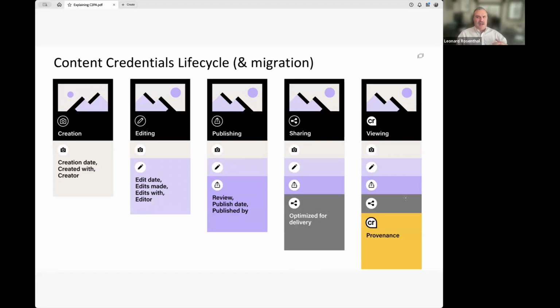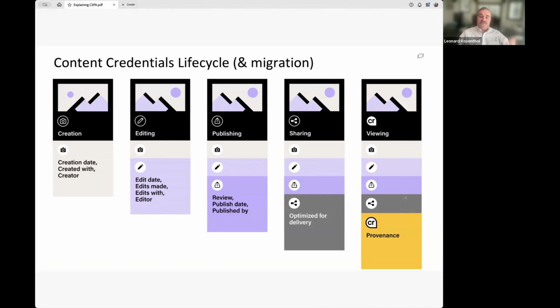So as I mentioned back when I talked about edits being good, what that means is that we want that provenance record to also be updated throughout the life cycle of the asset. So you create it, we establish a content credential. It's edited, we add or we update with a new set of credential information. It's published, we can put publishing information in there as a next update of that provenance, etc., all the way